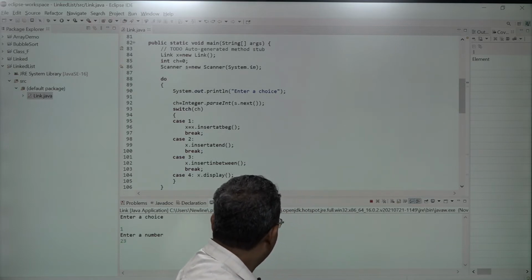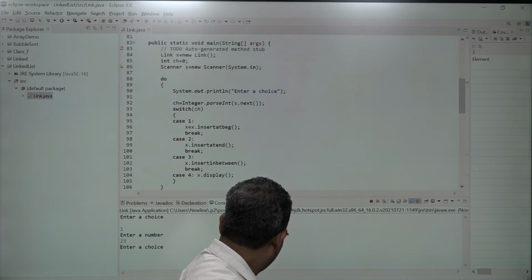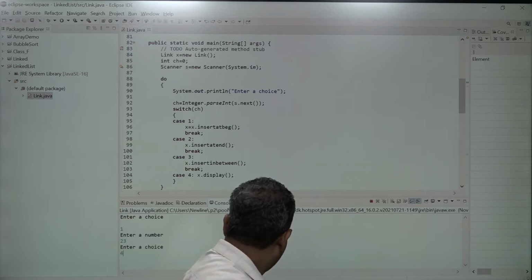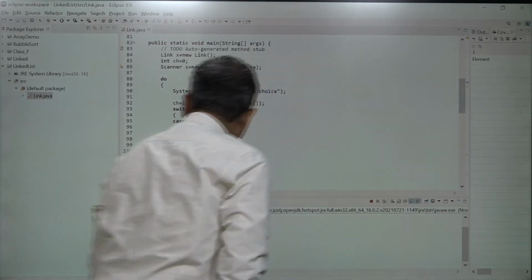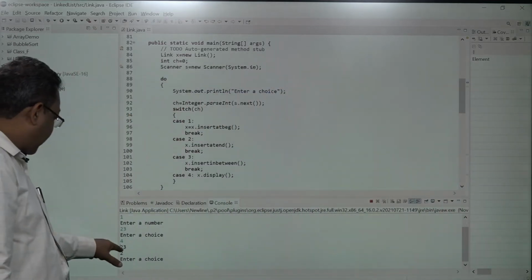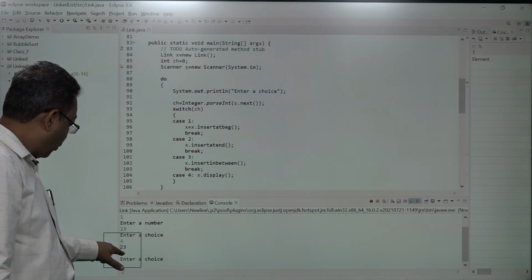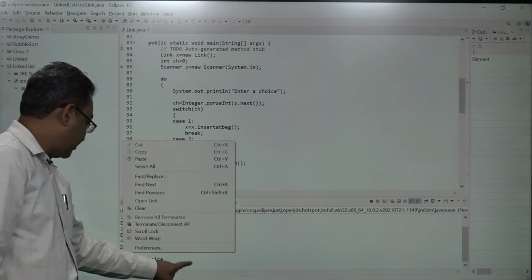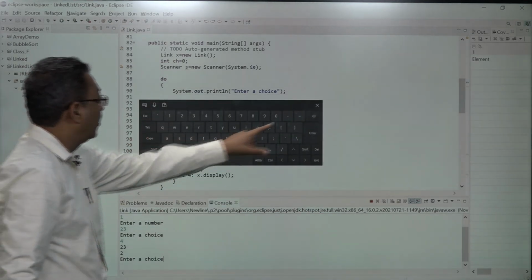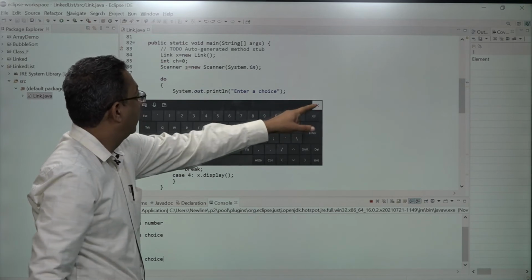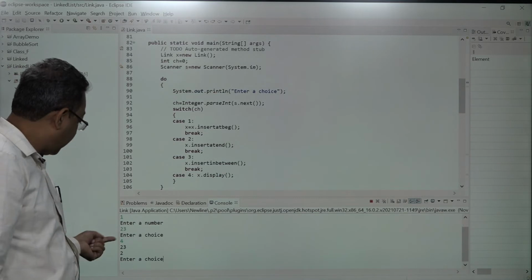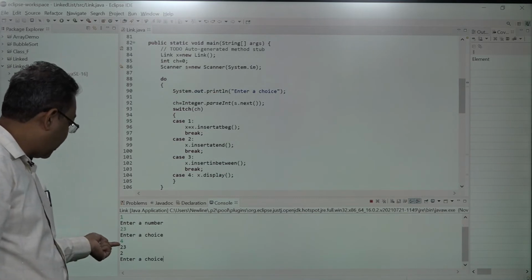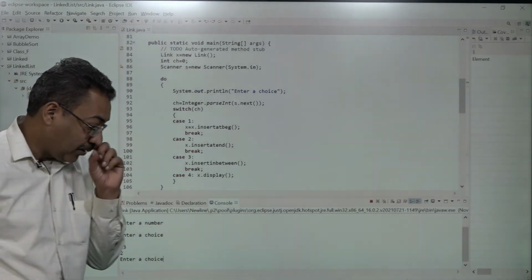So what will be the output? How can I go for that? By entering the choice as 4. Okay, what are we getting? I have entered a single number, I am getting 2. Why am I getting this 2? Because I have created a node initially as well, this one. So this will contain 2, and then with insertion at beginning, we have inserted a value 23. So that is inserted at the beginning.